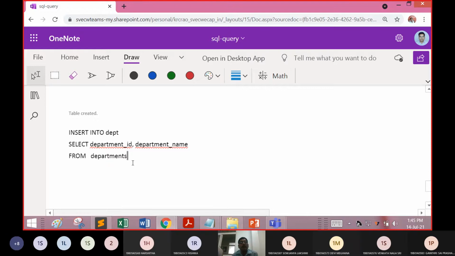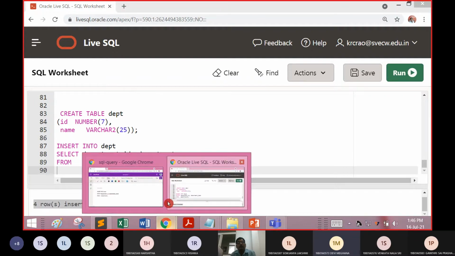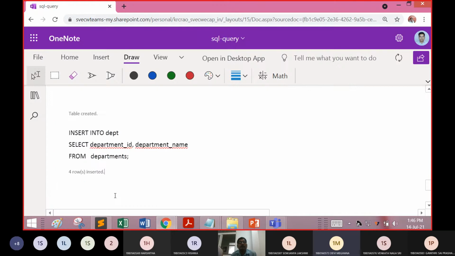How or why are these four rows inserted? From where are these rows from? Tell me.